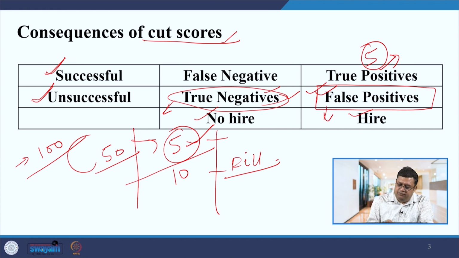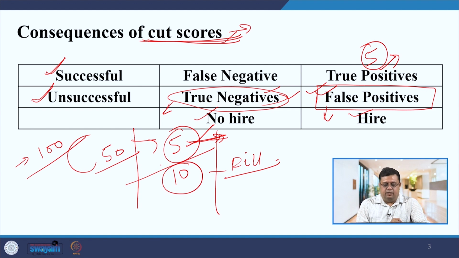Similarly, if we discuss another case, what is happening? We need only 5 candidates, but whatever cutoff score we had decided for the participants, we have received 10 candidates. So now, in order to reduce these to 5 candidates, you have to increase the cut score. The moment you increase the cut score, what will happen is that these few candidates will come under this category,